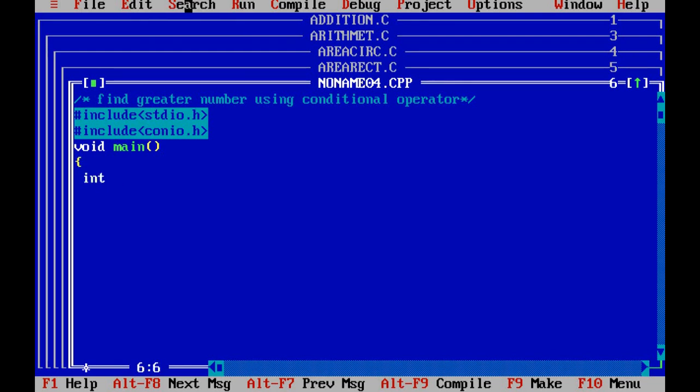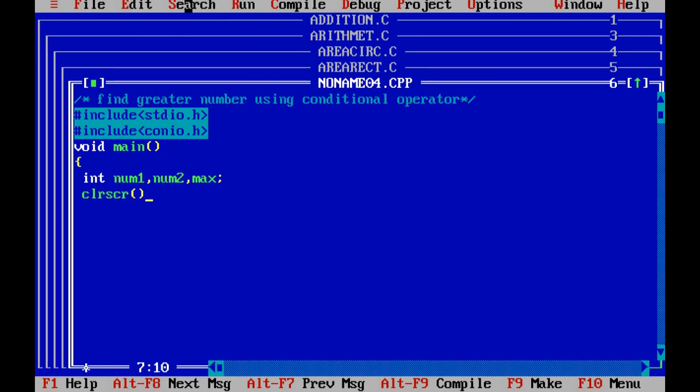For finding the greatest number we require three numbers, or two numbers also. So I have taken two numbers here first: num1 comma num2 comma max. Max means the greatest.